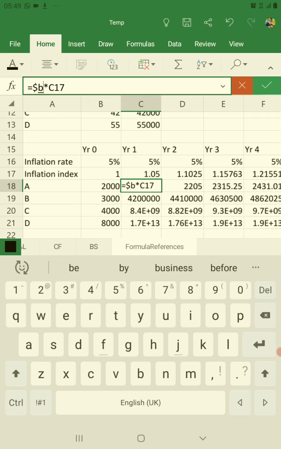Okay, so B is locked, but 18 is relative, and then multiply by